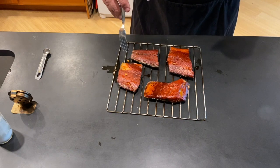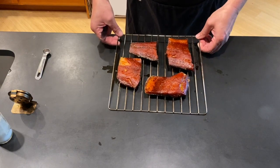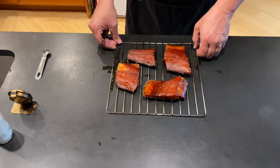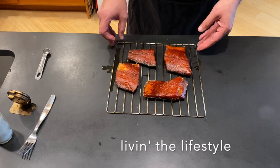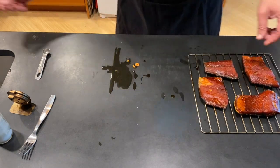All right, smoked salmon right there. Still very juicy, not sure what to think about that. But here's the thing I'll show you. It is Saturday night in quarantine. I have some smoked salmon right now. The other thing I have is